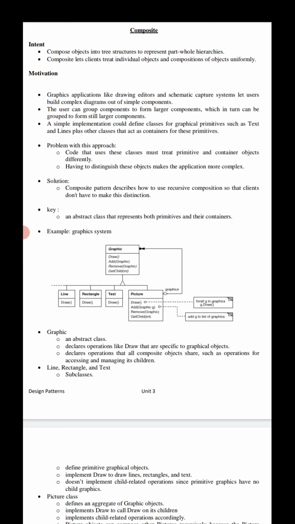For example, a real life example to compose objects into a tree structure to represent part-whole hierarchies: a complete car manufacturing. Here, the car is a composite object.